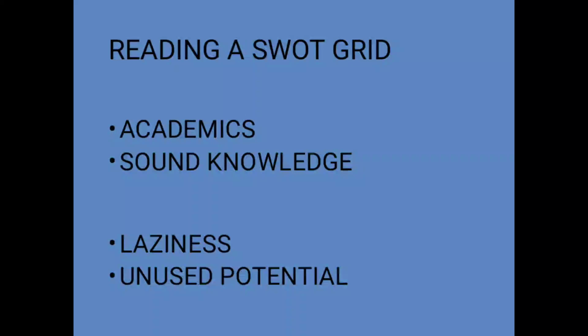His academic result is good, and obviously he has a sound knowledge. This sound knowledge of the candidate will turn into opportunity for the company, which will utilize his good academic knowledge